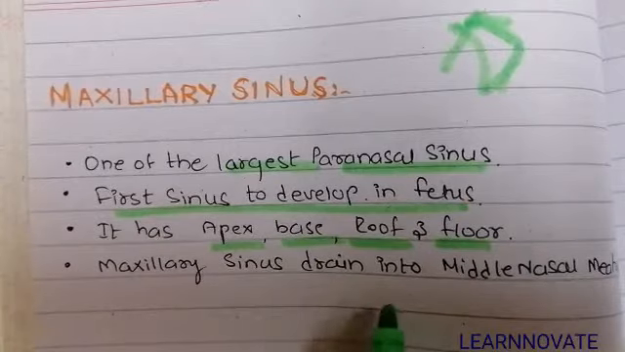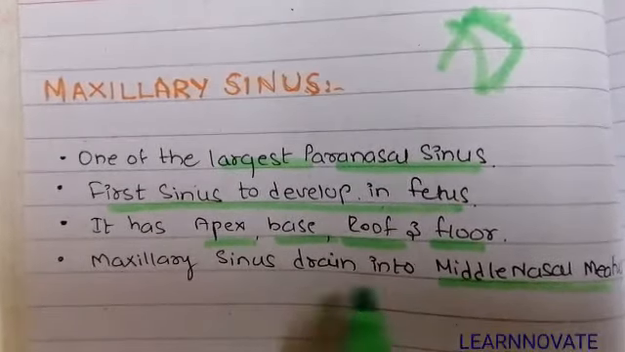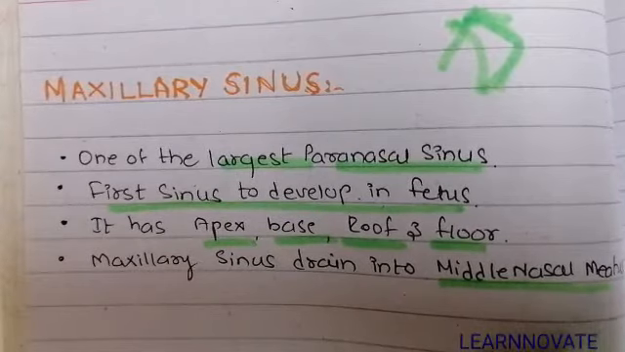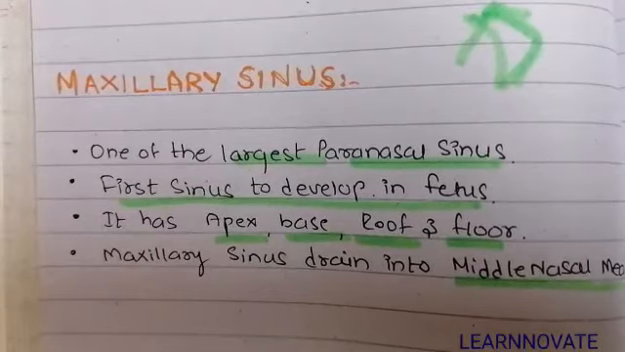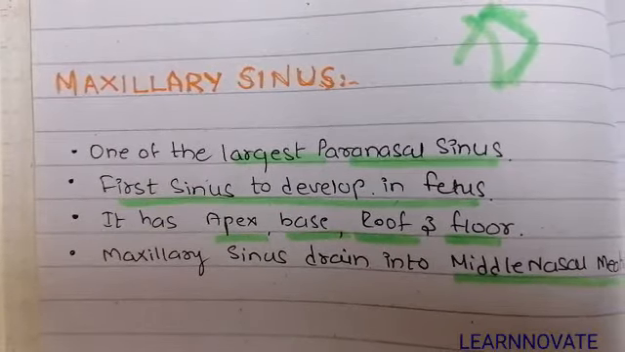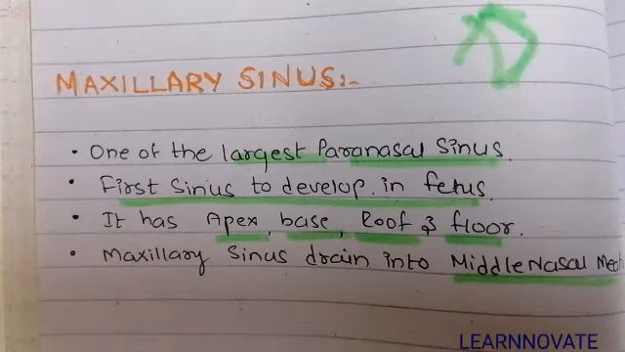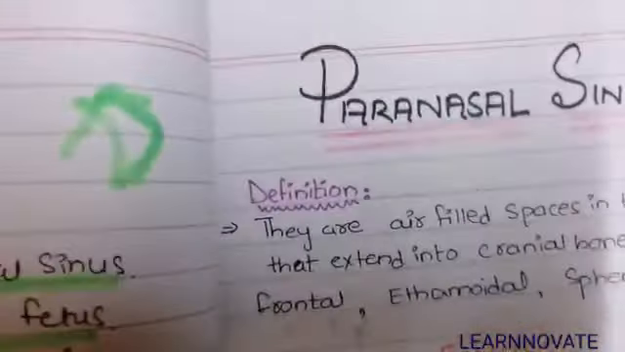The maxillary sinus drains into the middle nasal meatus. You have to remember this point. So until now we have discussed all the four sinuses that are paired sinuses, and mostly they all drain into the middle nasal meatus except the sphenoid sinus and the posterior ethmoidal sinus, which may drain into the superior nasal meatus. So this was all about the paranasal sinuses,